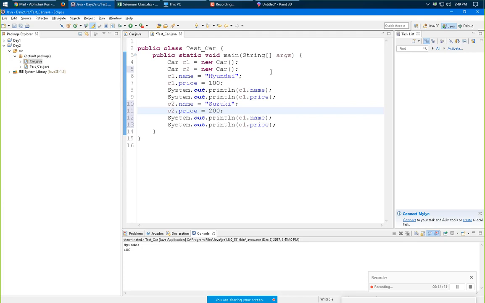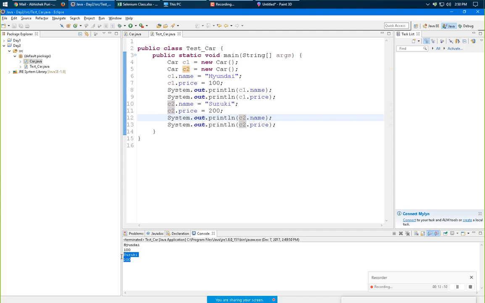Sorry, C1, I need to change it here also. So when I run it, C1 has its own memory space, reflecting the results from that object, and C2 has its own memory space, so it is showing results from that object.